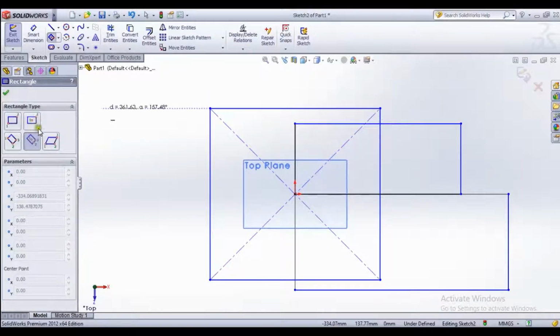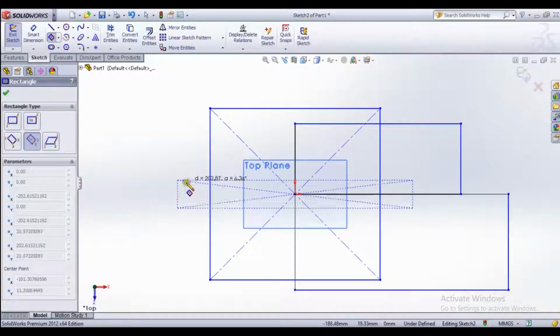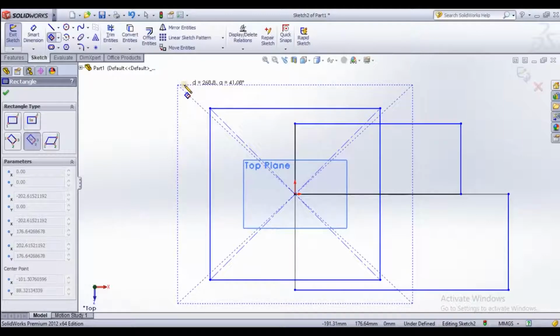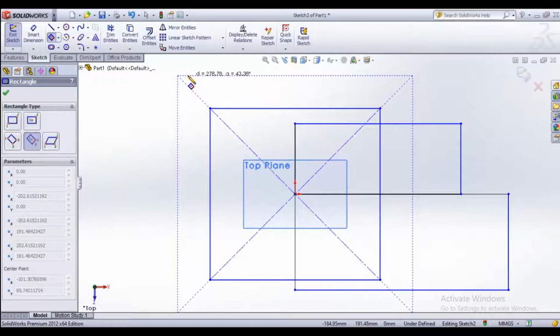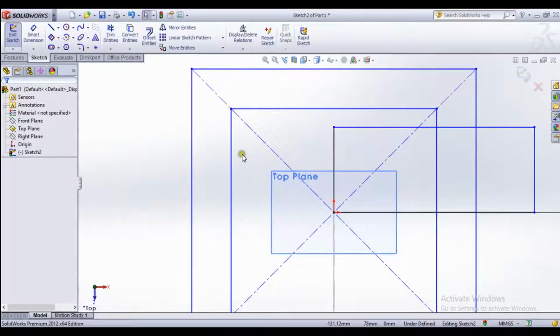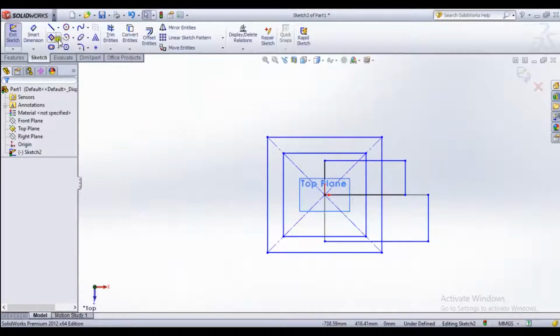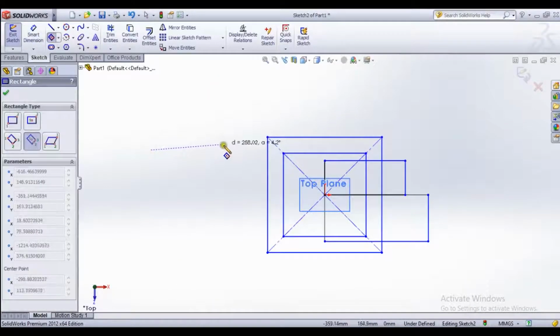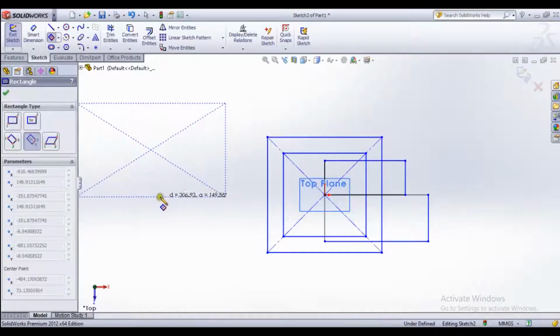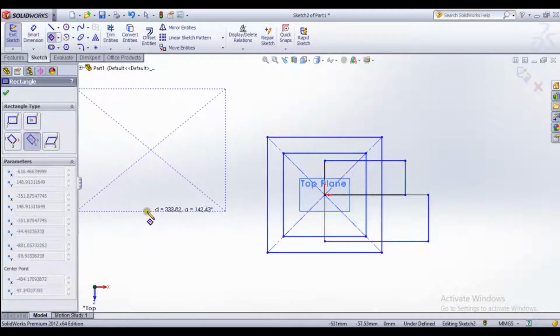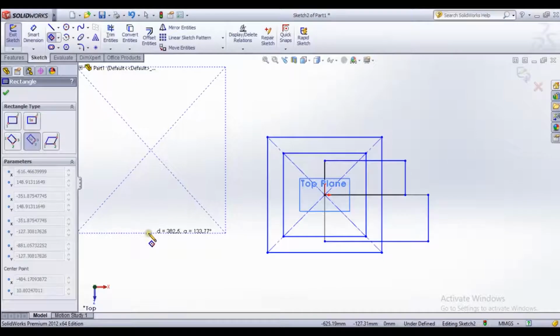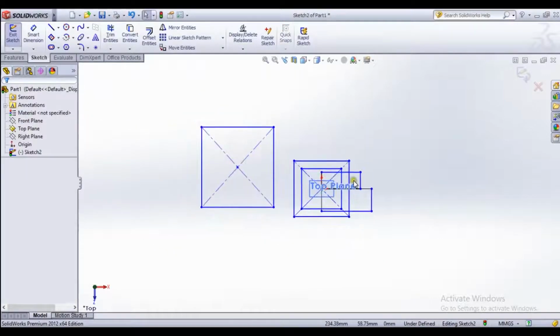First we select the rectangle center, then the center and the perpendicular length of a line, and we draw the rectangle. You see that?